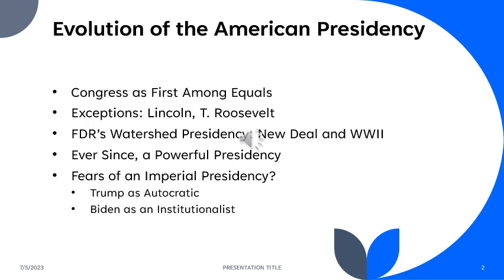His skill set wasn't great in terms of amassing and exercising power, like working with Congress. So I think he had autocratic aspirations, but his skill set was somewhat limited, and he didn't push as hard as he could have. I think if he has another chance, he's going to push a lot harder. He'll still have the same questionable skill set, but I think he's going to push a lot harder for an autocratic presidency.